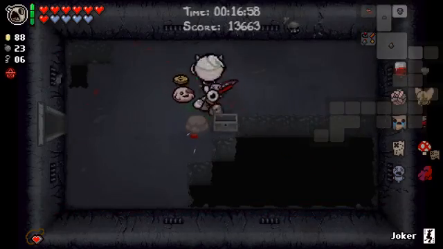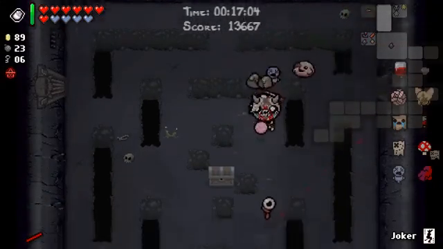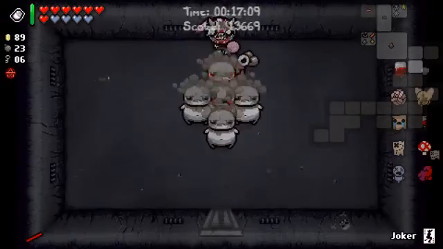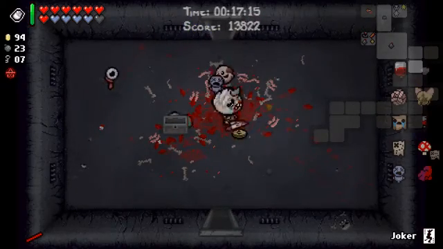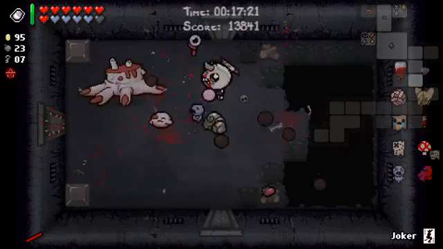Bob's Rotten Head, not great, but hey, maybe it'll contribute to the Bob transformation. I think Second Hand is going to be more useful than Mom's Locket. What Mom's Locket does is, I believe it gives you, not a guarantee, but a chance to be healed for half a red heart upon opening a chest, which with Guppy's Tail is not nothing. Guppy's Tail nets me red hearts, but also, considering that I'm invincible and generating black hearts most of the time,